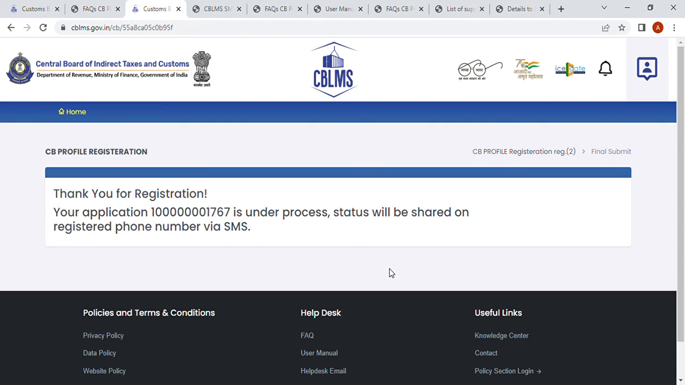Also, for any queries during the registration process, do not straight away raise queries to your local custom broker sections. Instead, I would request you to visit the user manual